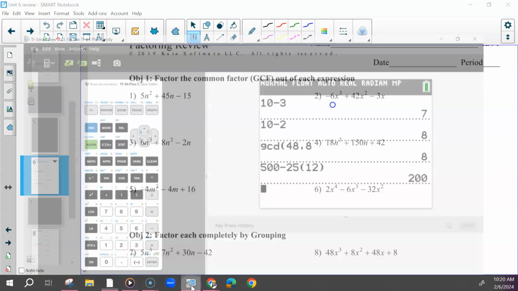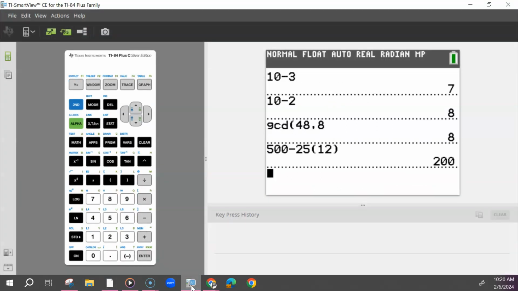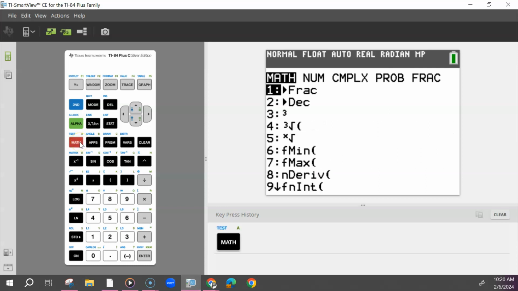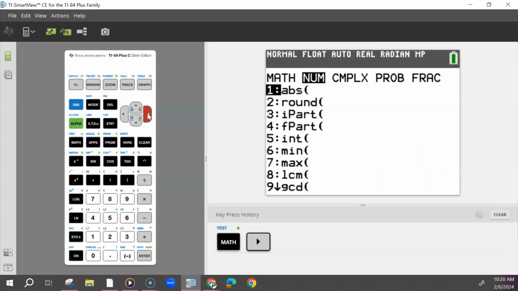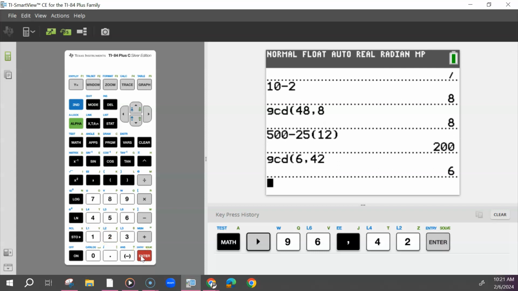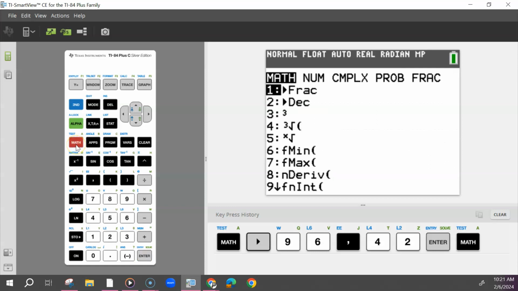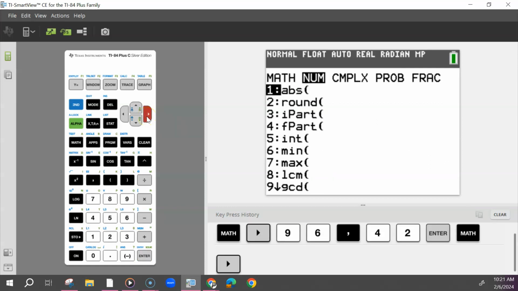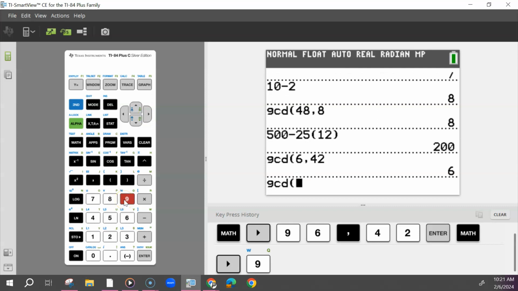I mentioned last class that you can use your calculator, go into math, scroll over to number, and find GCD, number 9. But you can only do 2 numbers at a time, and you wouldn't use the negative. You just put in 6 and 42. And then try and see what the GCF is of the last 2. So I did it again, math, scroll over to number, go down to number 9, and do 42 and